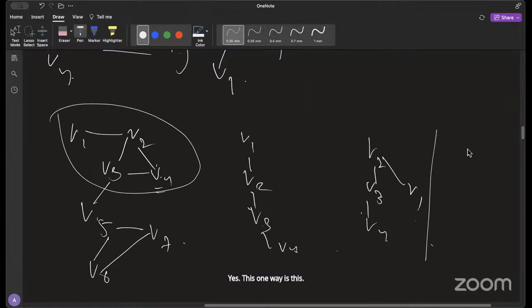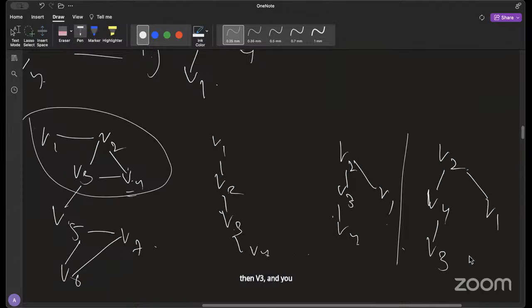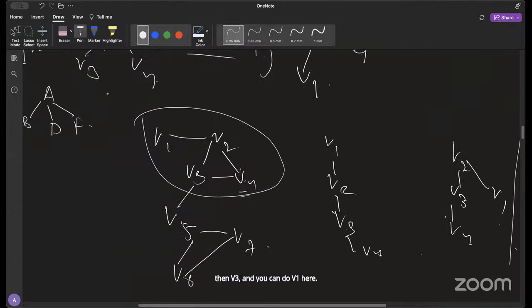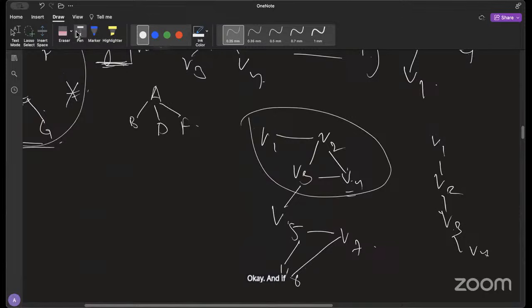Then the other way could be if you're starting from V2, it would give the same thing. You can go to V4, then V3, and you can do V1 here. And if you're considering this whole graph,